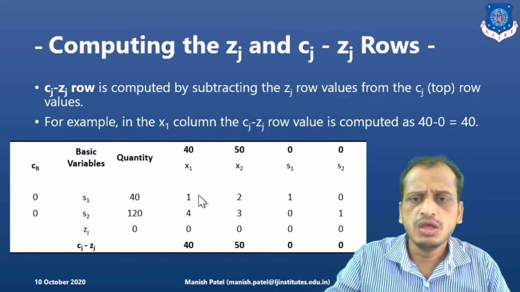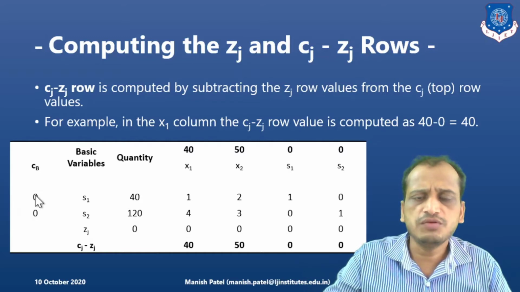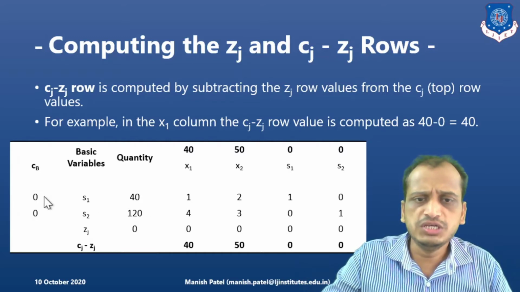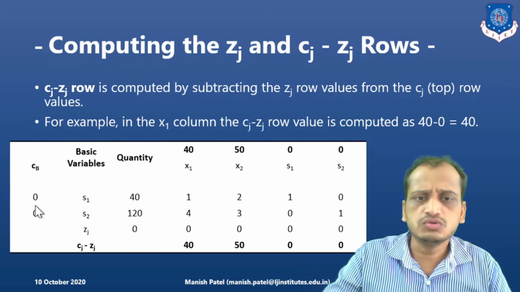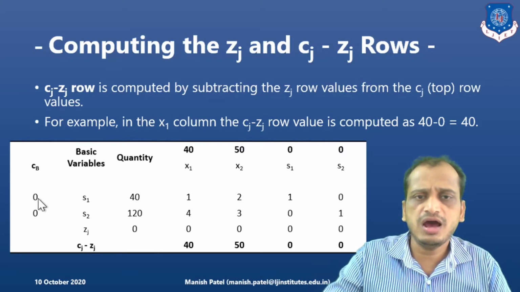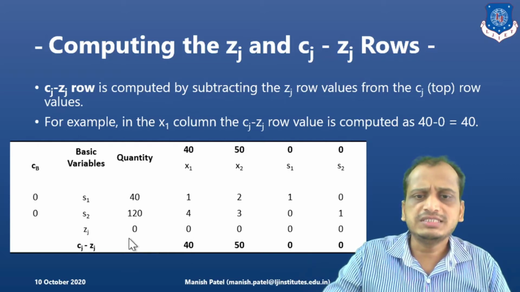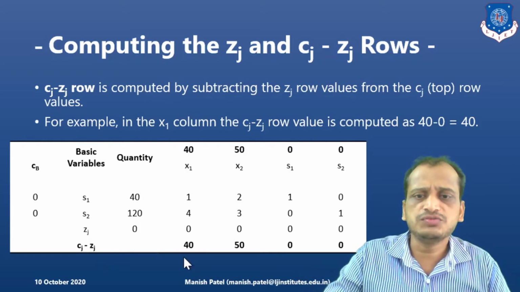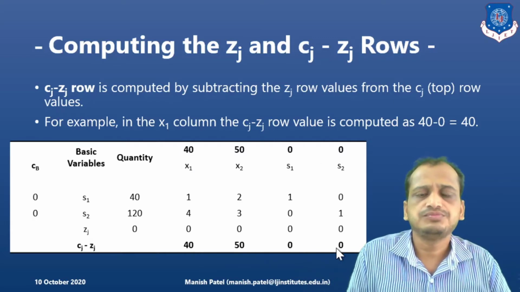Let's look in detail. Now here, this variable column, we will multiply with this Cv, that is coefficient of the basic variable. So 1 into 0 and we will sum them up. So 1 into 0 plus 4 into 0. So we get 0. Obviously these two are 0, so the product and then after that the summation will be 0. So that is why the Zj is 0 here. Next step, Cj minus Zj, 40 minus 0 is 40. So we will copy down the whole row here. That is Cj minus Zj.